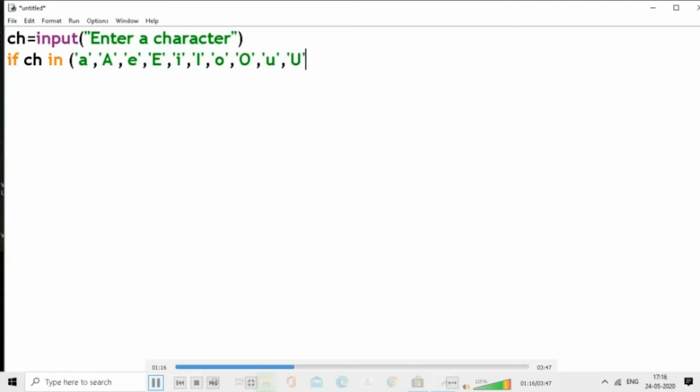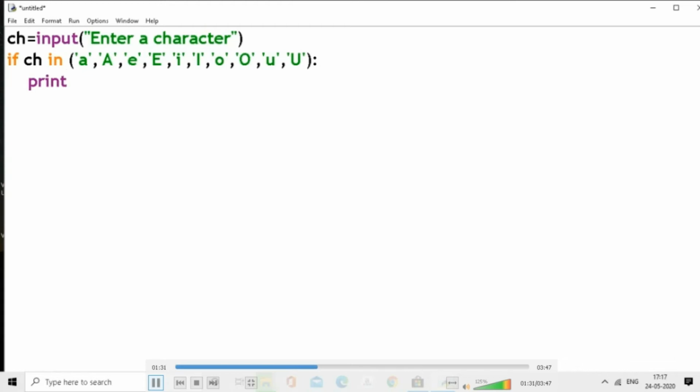Then based on that you will be getting a result. Now here in this if statement, I am typing all the vowels one by one in single quotes, which is a character constant, separating everything by commas and enclosing it all in a bracket. Then the in operator will be checking whether it is there or not. Put a colon at the end. Then in the next line you have to give some indentation. This indicates you can have a set of statements within this if. It is considered as a code block here.